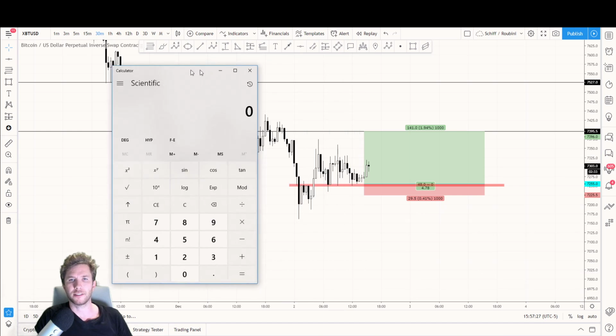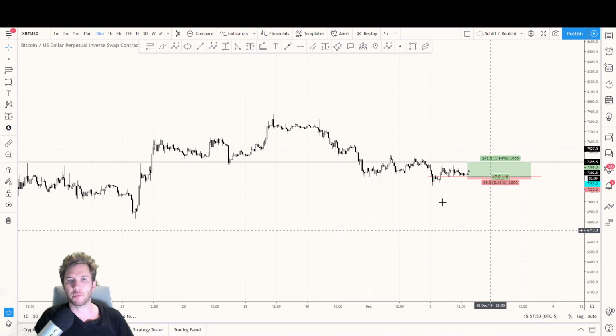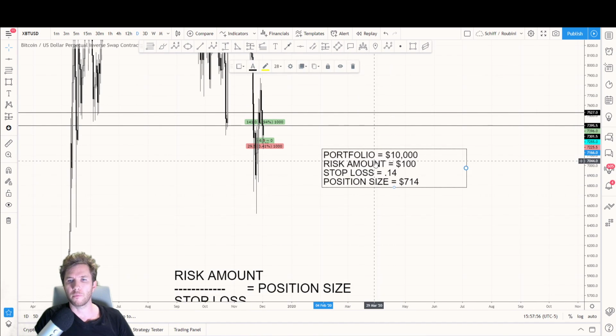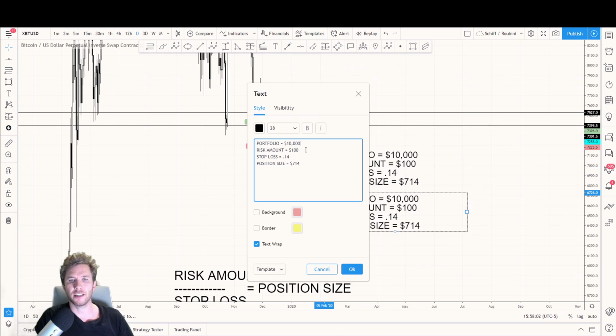So now let's take our $10,000, risking $100, and now we're going to divide that by 0.0041, because this is 0.4%. This would be 4%. This would be 40%. So our stop loss is 0.0041. Now we get 24,390. So let's go back to that same example that I was just talking about. So now our portfolio is $10,000. Our risk amount is $100 still, but now our stop loss is 0.0041. But our position size is now,